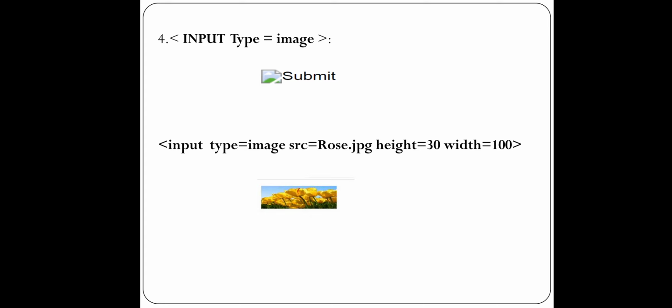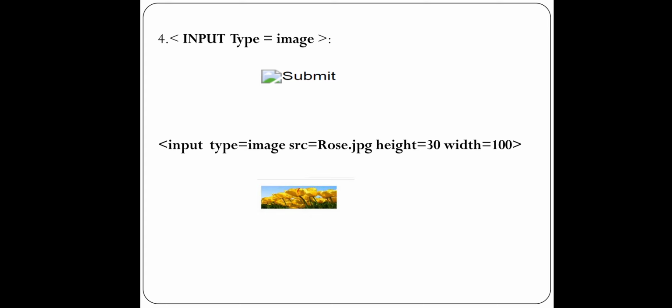For the submit button, previously we were using input type equal to submit, but now we want a submit button to appear as an image. For that purpose, we are using the control input type equal to image. Now you can give height and width to the image, and there is an attribute src, that is the source, where you mention the file name with the extension or the path of the file with the extension, right?